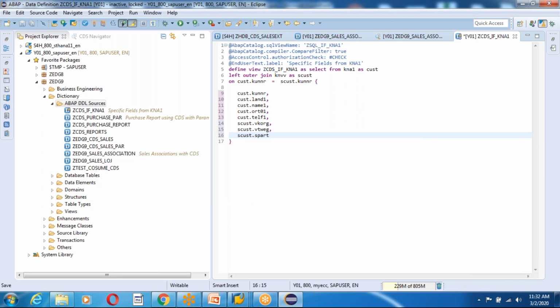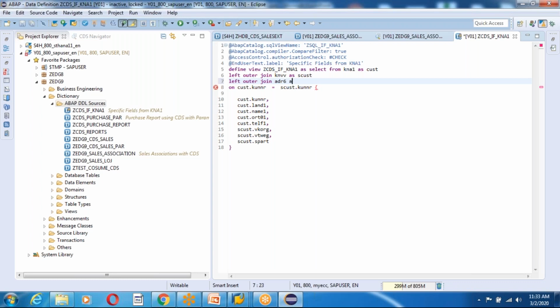See, I have used two tables, and also I would like to get the email ID of the customer, guys. How can you get the email ID of the customer? ADR6, very good. So we are going to take it. Sometimes if you write an inner join, only if the email ID is there will it fetch the data. But my requirement is that some customers will have an email ID, some other customers will not have an email ID. So which do I need to use? Inner join or left outer join? Left outer join, guys. So this is the business you need to understand. Left outer join